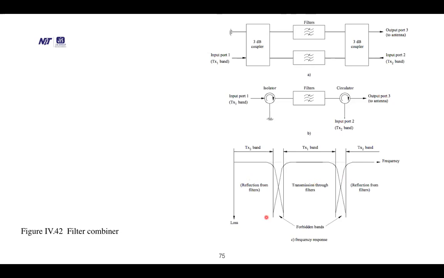Different bands are shown, so we know the details of how the response is. If it is operated in this portion, it will be good, but if the signal is in this portion, there will be an intermodulation effect. Therefore, the restriction should be over the bandwidth, how much of the bandwidth the signal is transmitted in.